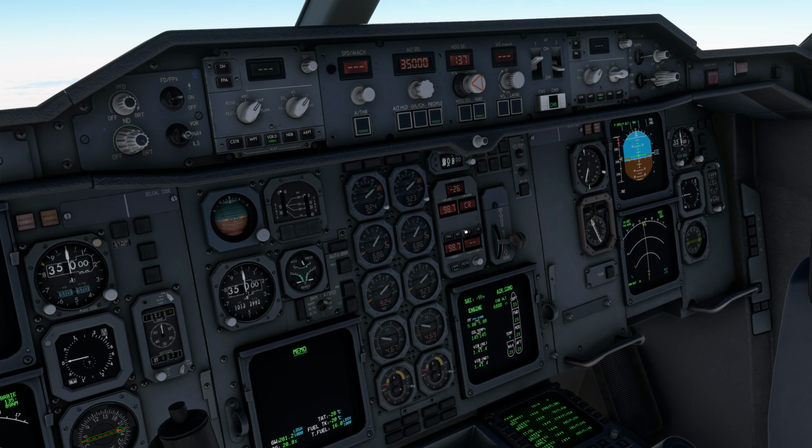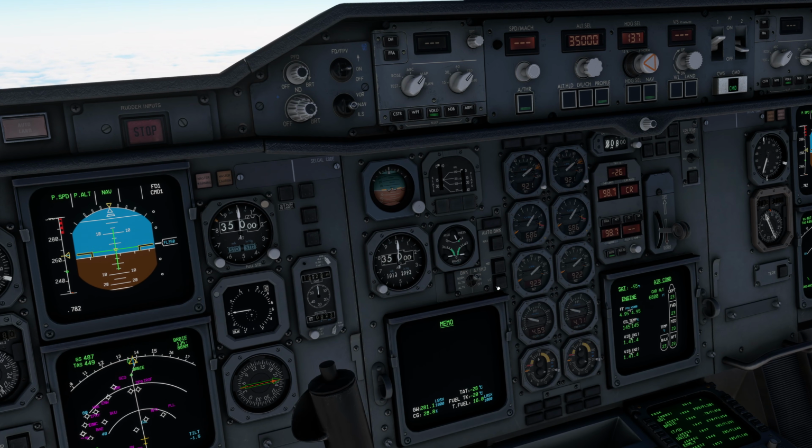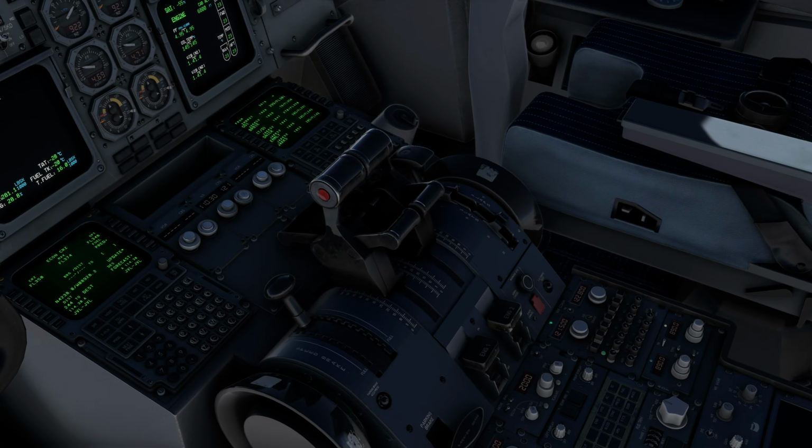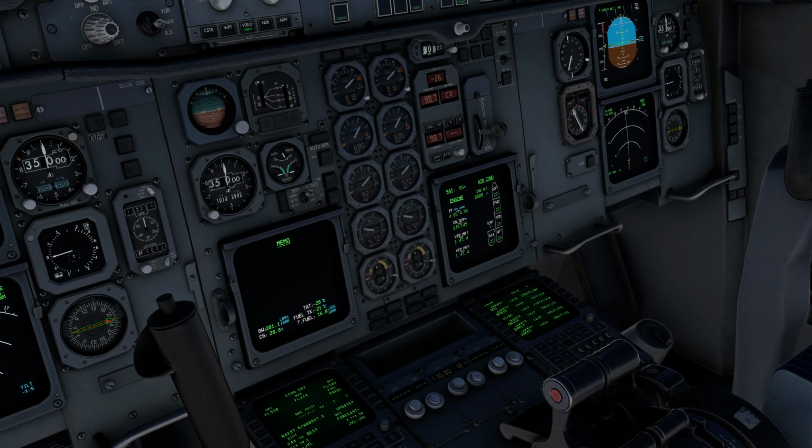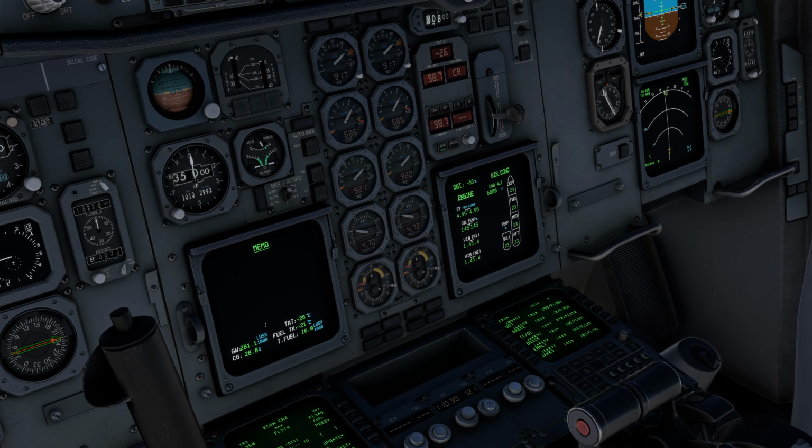Now, next up, we got to do regular checks of our ECAM. Those are supposed to be done at least once per hour, and it doesn't matter if it's the pilot flying or the pilot monitoring carrying out those checks, they simply need to be done. So why are we doing those ECAM checks? After all, the ECAM would alert us to anything that goes wrong, wouldn't it? Yes. However, it